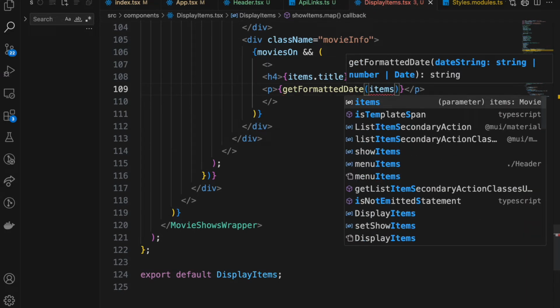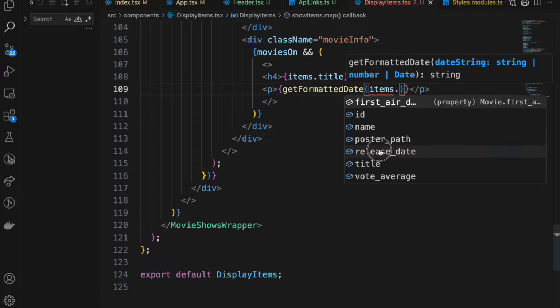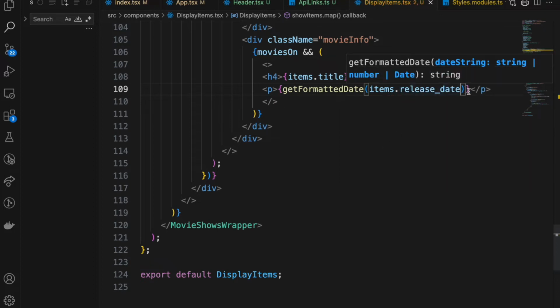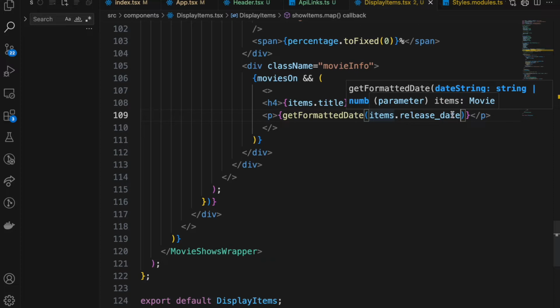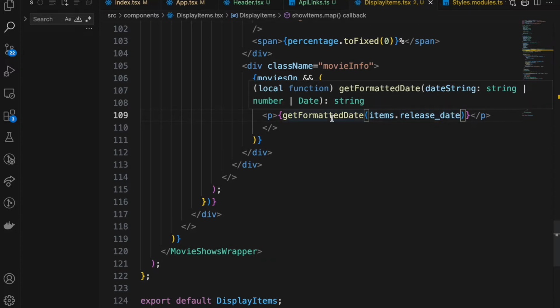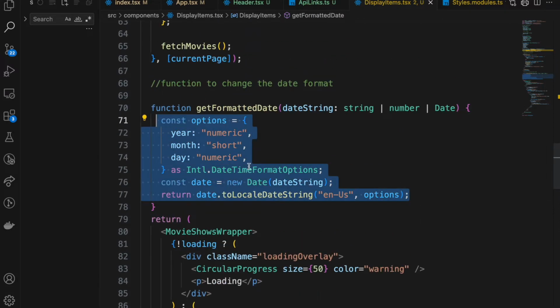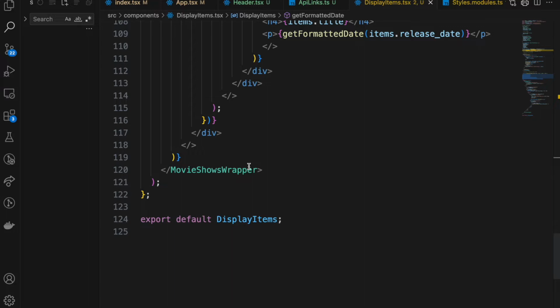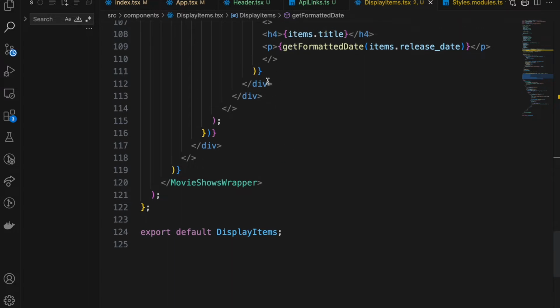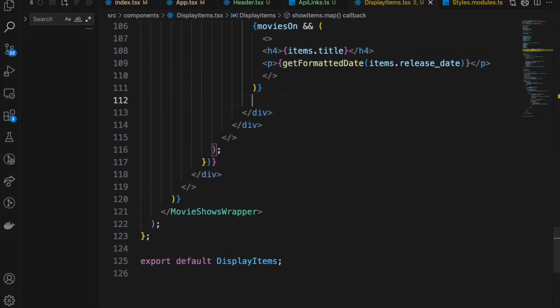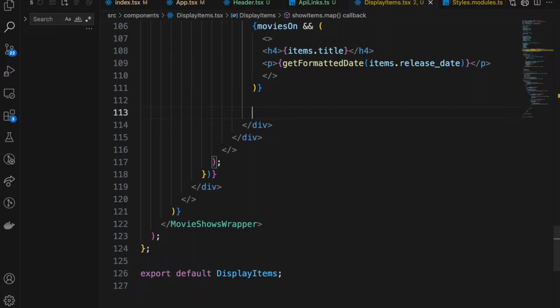Items dot release date. So it's going to get the date from the API and pass that date to this function, and these functions have the functionality to change that date to the international format rather than the US format. So once that's done, now we have done it for the